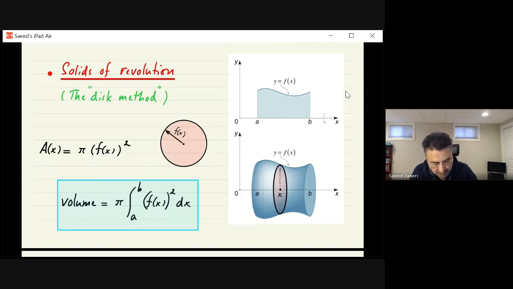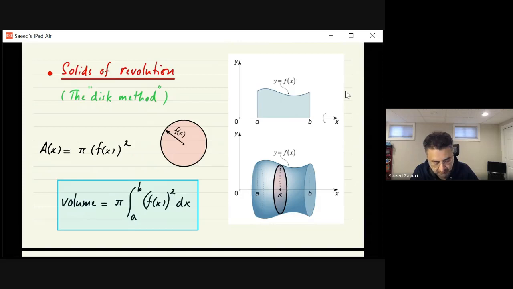And therefore, using the general principle that the volume is the integral of the cross-sectional area function, I get the formula that the volume of this solid of revolution is the integral from a to b of A(x) dx, but A(x) is this. So pi is a constant. I can pull it outside. So it's going to be pi times the integral from a to b of